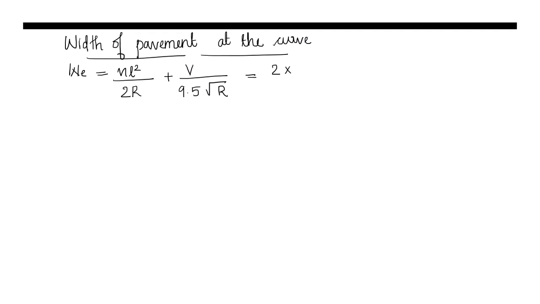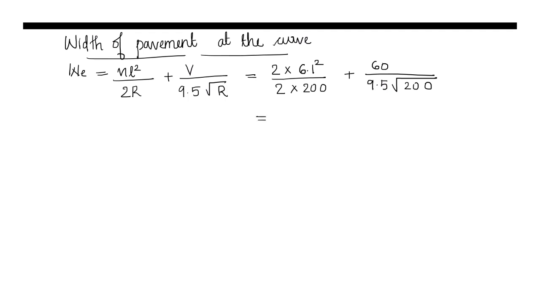L is the length of wheelbase, that can be taken as 6.1 as per IRC. So 2 into 6.1 the whole square divided by 2 into R, radius is 200 plus velocity V we should substitute in kilometer per hour, so 60 kilometer per hour divided by 9.5 into square root of 200,